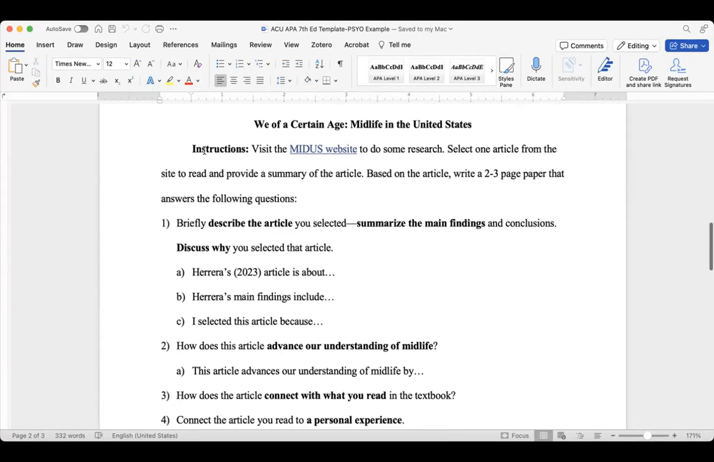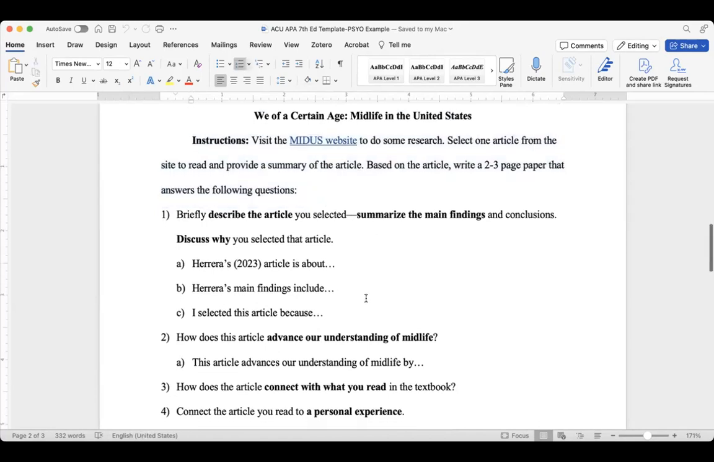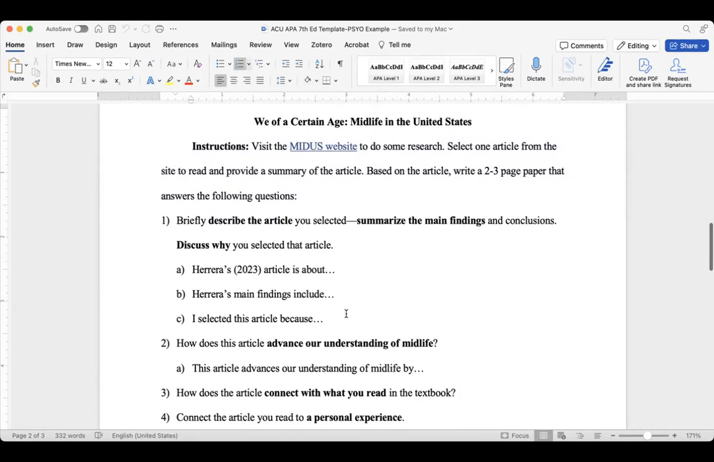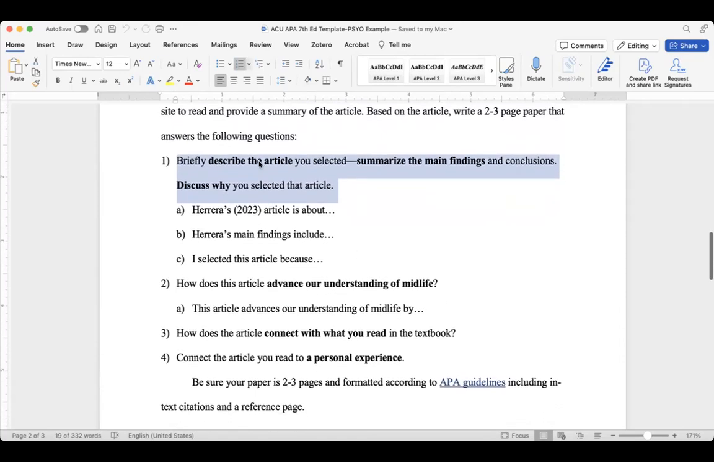So here I've just pasted things in right from Canvas onto the first page of the template, the body of my paper. So we can see here are those questions I just went over, and I went ahead and bolded what made sense to me. Describe the article, summarize the main findings, discuss why. All right, so if those are my main things I need to do for this first bullet point of the prompt,